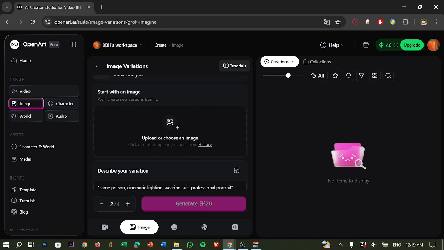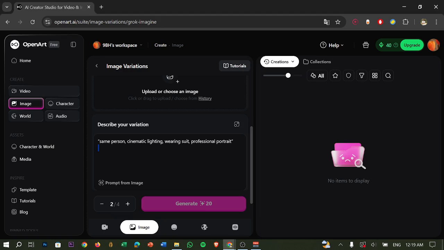Okay, so write a clear prompt, for example, same person, realistic face, like this. Okay, natural skin texture, same lighting, seamless blend. Okay, so keep lighting, style